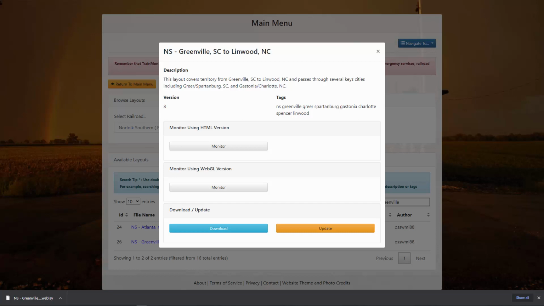In TrainMon5, there are two versions of the monitoring application. The first is an HTML version, and the second is a WebGL version. So which one should you use? Well, that depends. The WebGL version of the application is the recommended version to use as it has the sharpest